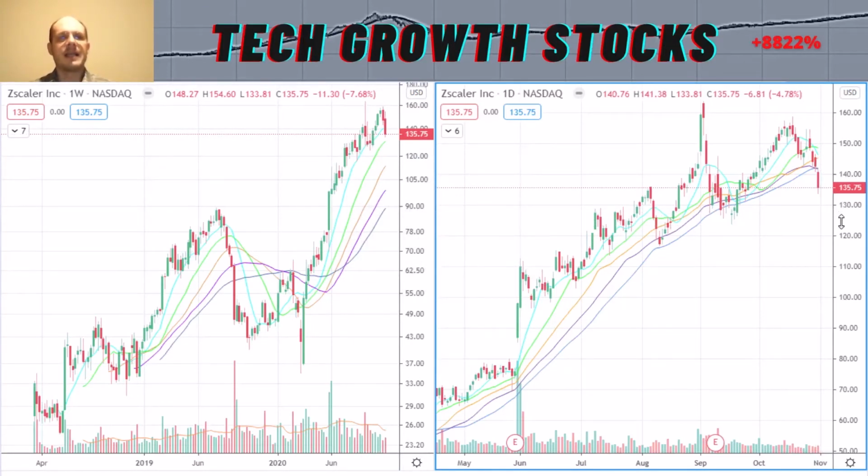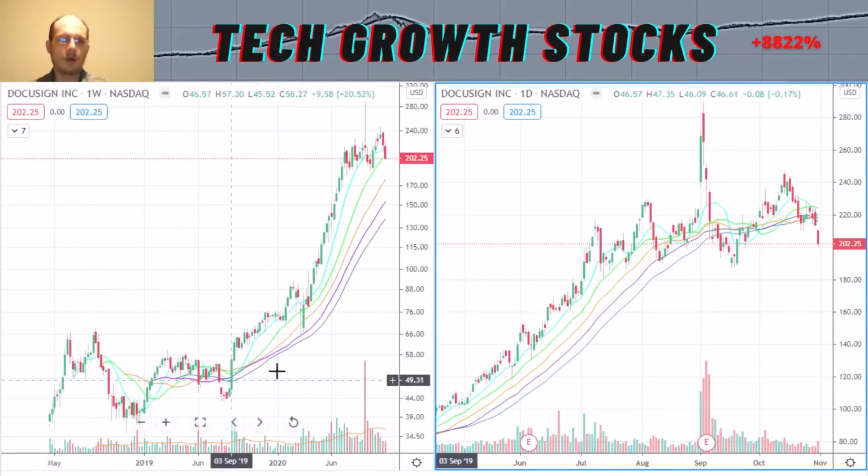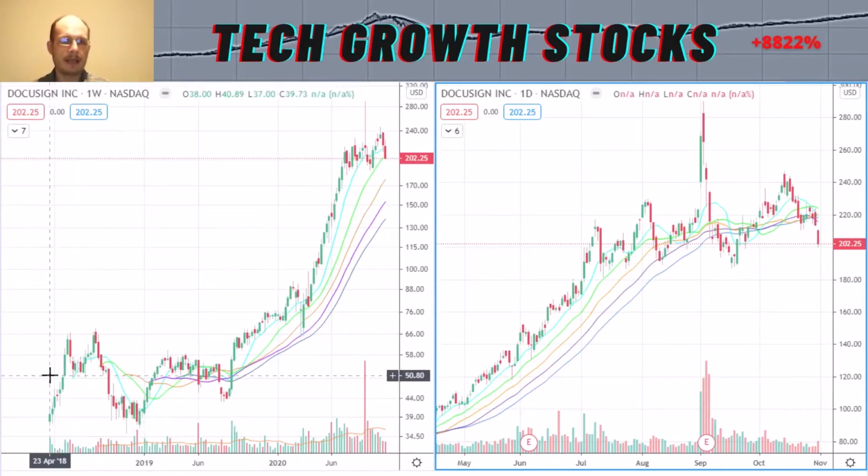Okay, that was it for ZS. So let's have a look at the next tech software momentum stock, and it is DOCU, DocuSign. In the long-term chart we can see it had its IPO in April 2018,